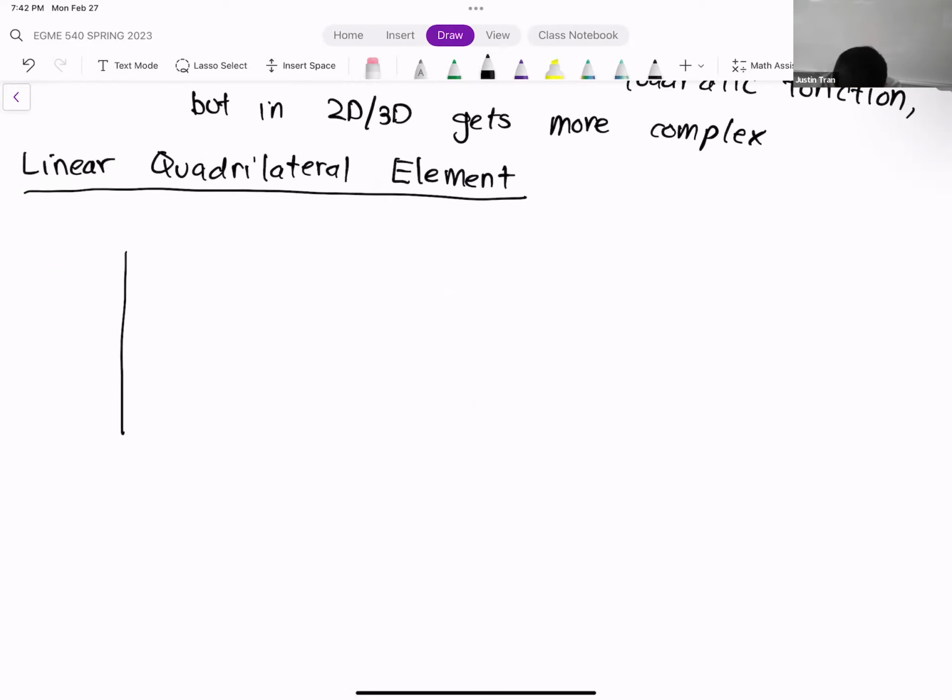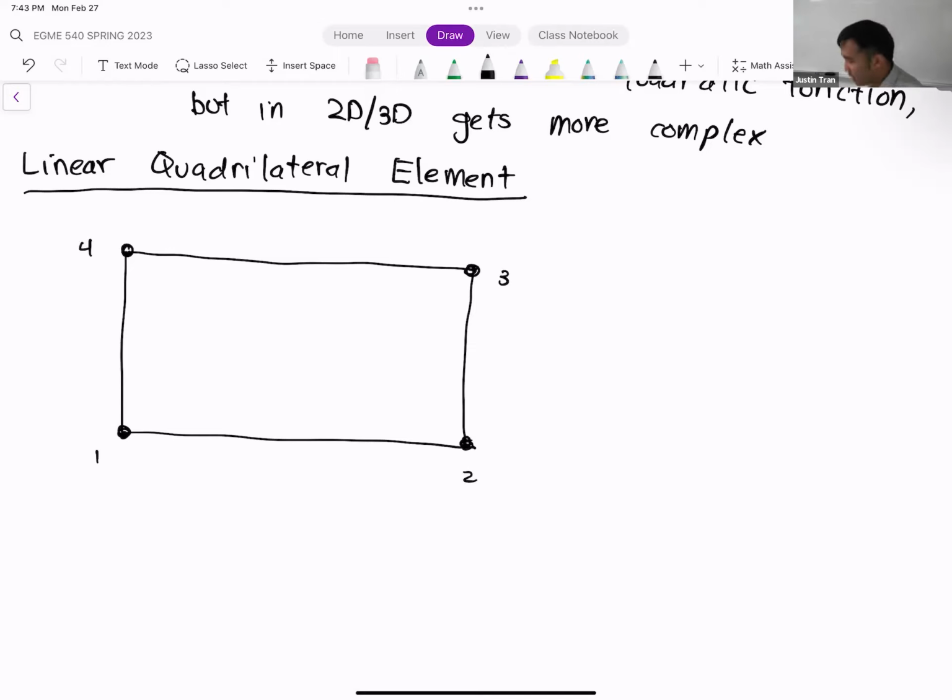So a linear quadrilateral element looks something like this. It has 4 sides, because it's a quadrilateral, and 4 corners, okay? And at each corner, we're going to put a node there. So we have 4 nodes in total.